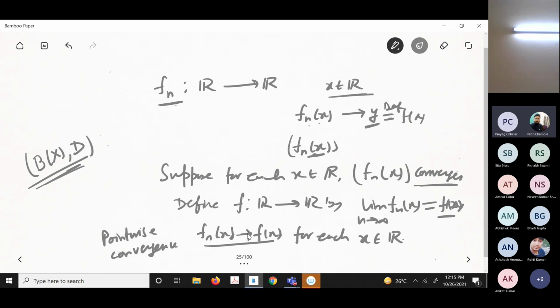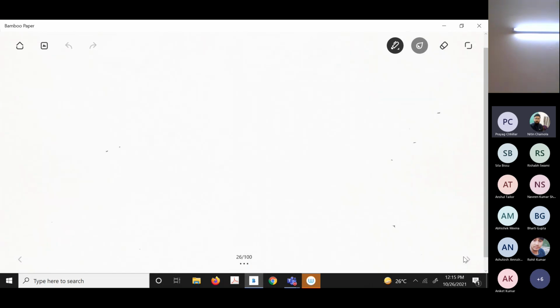Now look here, if you have pointwise convergence and you change x, what will you get? Look, fn(x) tending to f(x), like the example I was giving for sequences. Here x equals R, but particularly if you take X as a set, you can take the domain, and X is infinite.